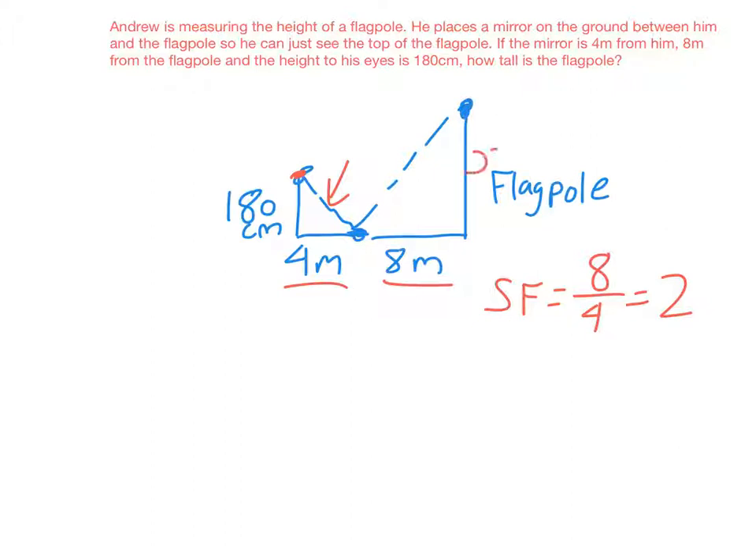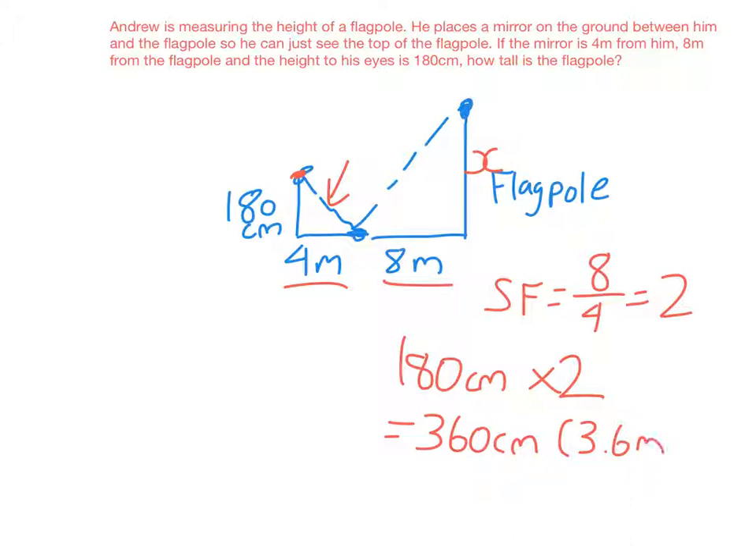So I want to find this side here. All I do is take 180 centimeters and times it by 2, the scale factor, and I get 360 centimeters or 3.6 meters. That is how tall the